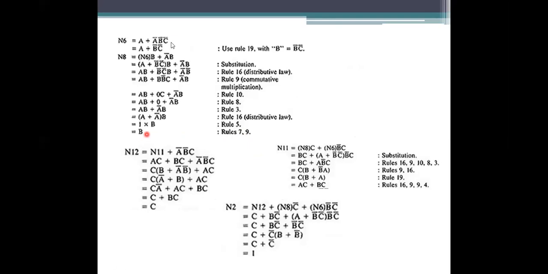B here. Node 6 value is A plus B bar C bar. And the next node 11 value means we need to substitute the values of node 8 and node 6 here. Node 8 value is B, C plus, and what is the value of node 6? A plus B bar C bar. If you want to substitute, we are taking multiple steps to process that. Here we are taking a single step to process all these things. So it is also allowed.